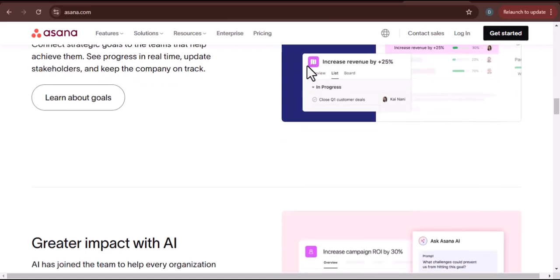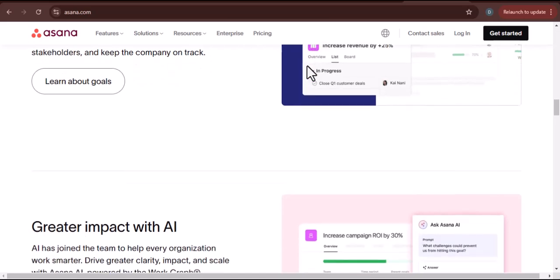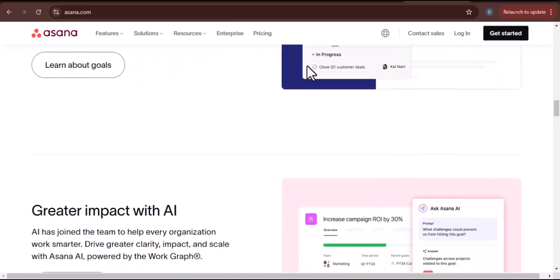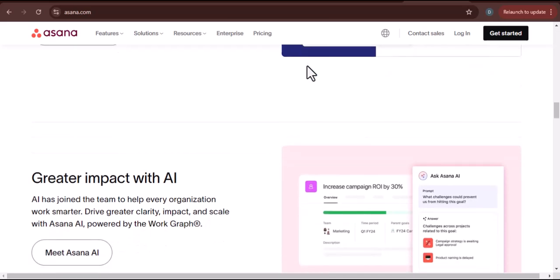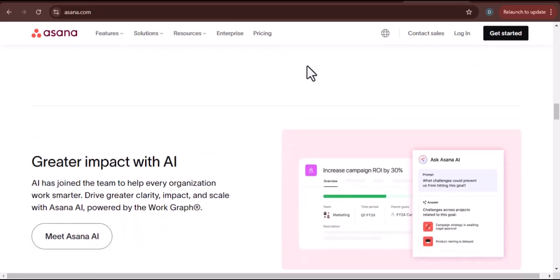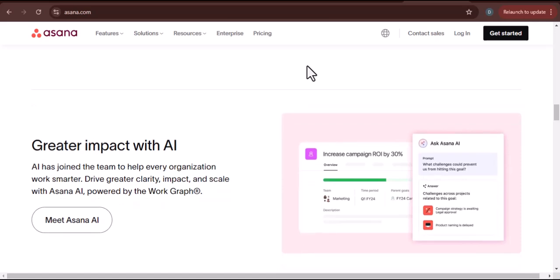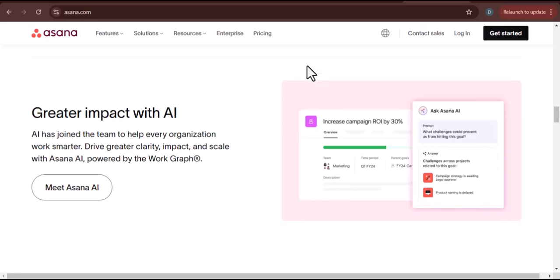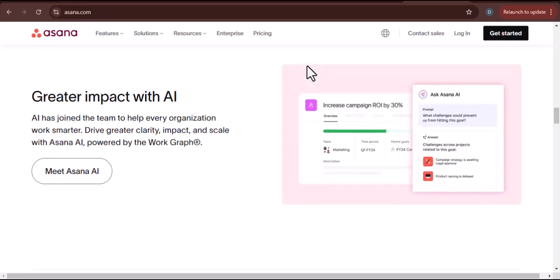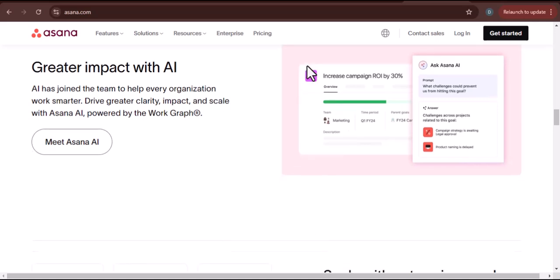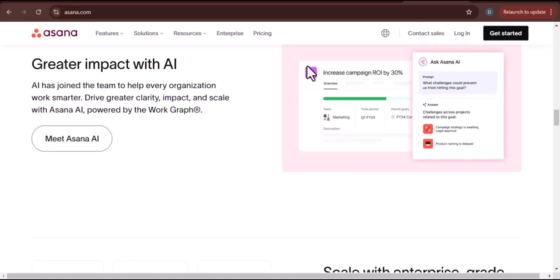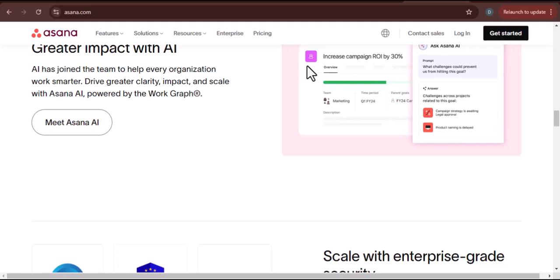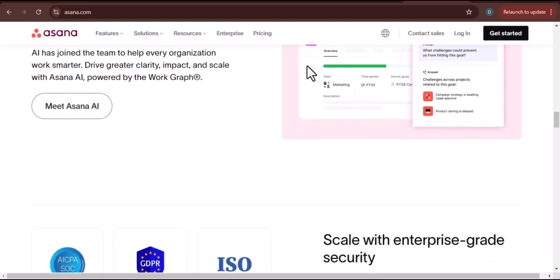Think of Asana as the command center for your social media strategy. It's where you plan, collaborate, and organize all the moving parts. You can create projects for each social media campaign, break down tasks into manageable steps like create graphic, write caption, review content, and assign them to team members. You can set deadlines, track progress, and ensure everyone is on the same page. This level of organization is crucial for maintaining consistency and avoiding those last-minute scrambles we talked about earlier.